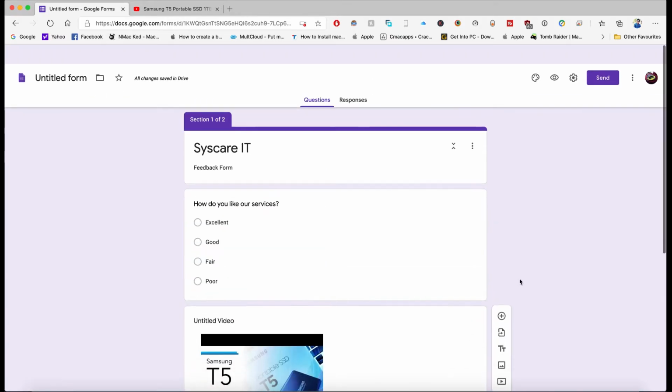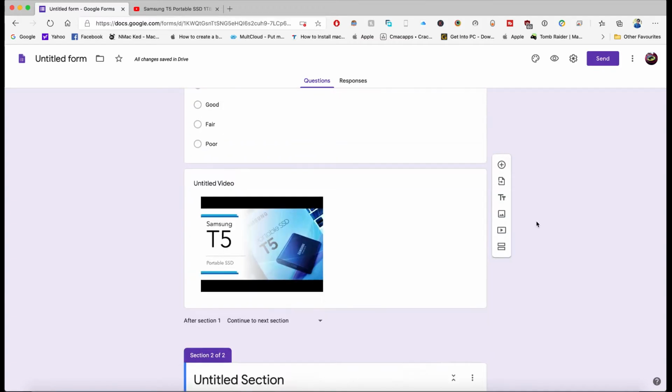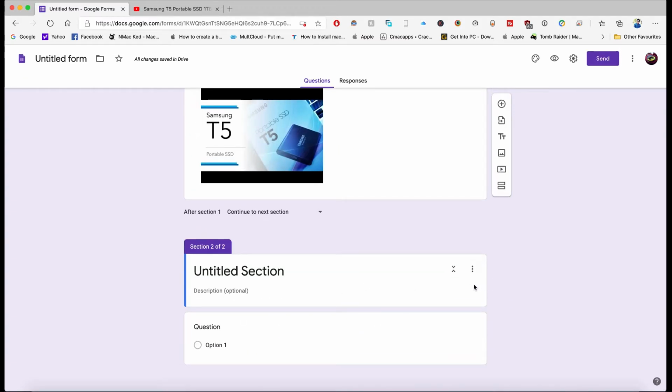See, this is the first section, and this one is the second section. So you can add different sections for different types of questions, different topics.